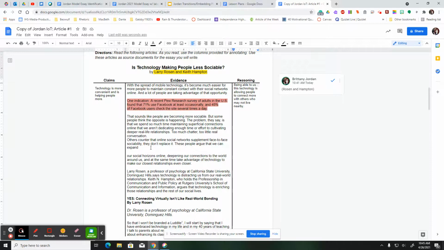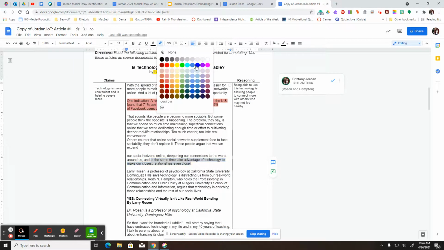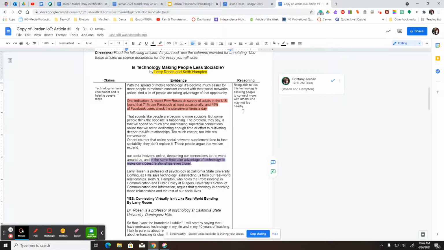They don't replace it. These people argue that we can expand our social horizons online, deepening our connections to the world around us, and at the same time take advantage of technology to make our closest relationships even closer. So I'm going to highlight this part, and I'm going to make that red as well, because it's supporting this same idea here, okay?